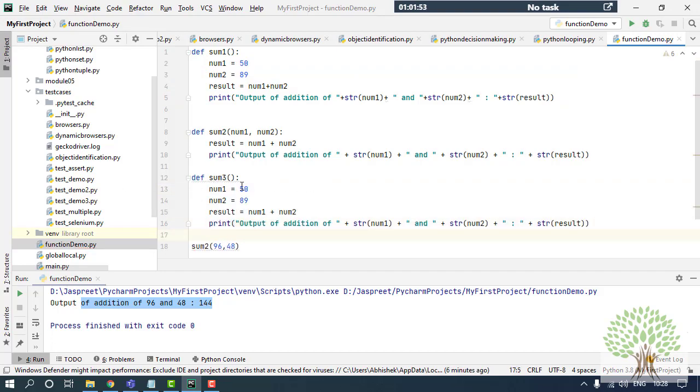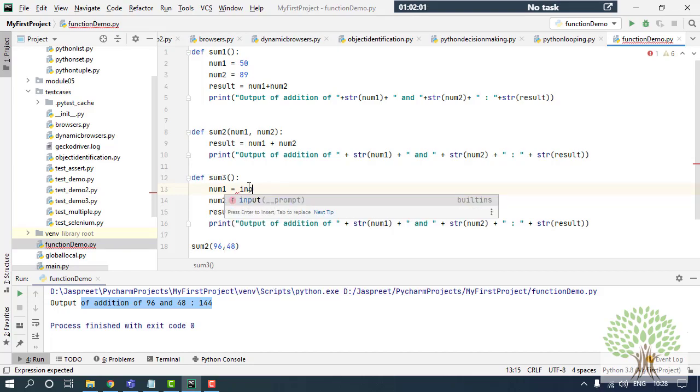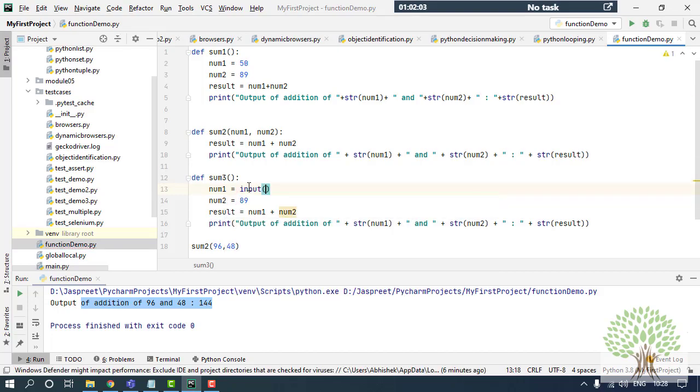I'll be making changes where I'm giving the values of my num1 and num2 variables. Instead of the values directly, I will put the input prompt. In this input prompt, I will be asking the user to enter the number. So I'll say enter number 1. Whatever comes from here, that I'll have.